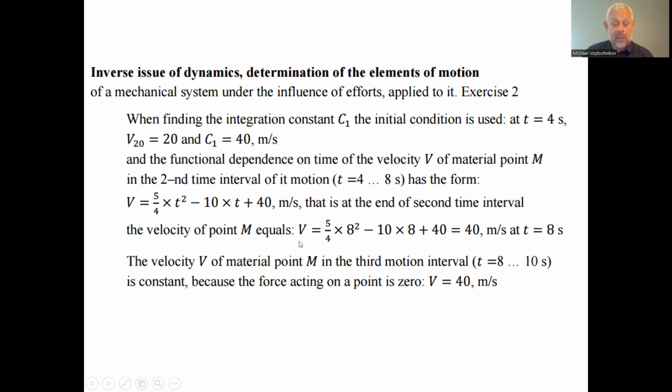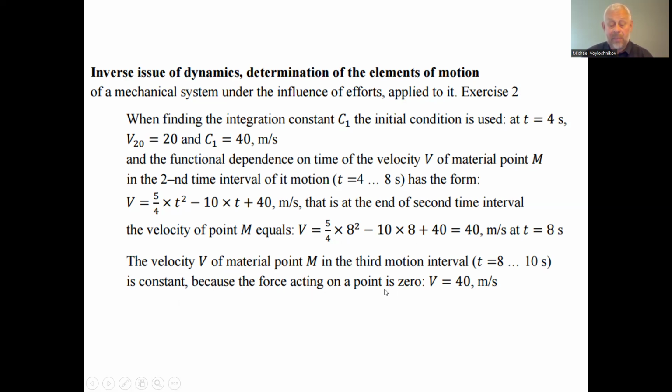It is at the end of the second interval, the velocity at the end. When we set next to this formula got for the second interval of time from 4 to 8 seconds, after substitution of the time equal to the end of the interval, that is 8 seconds, then we will have the velocity is 40 meters per second. The velocity of the material point at the third motion interval from 8 to 10 seconds is constant because the force